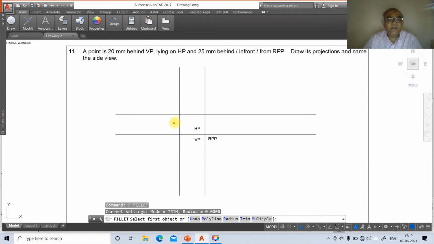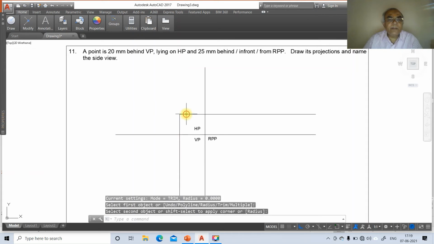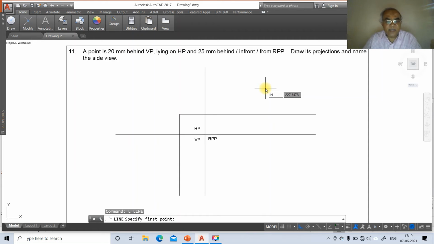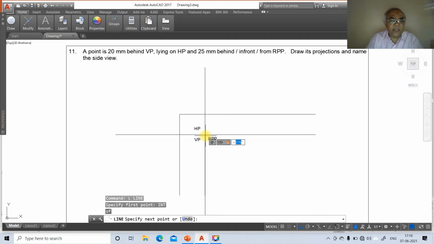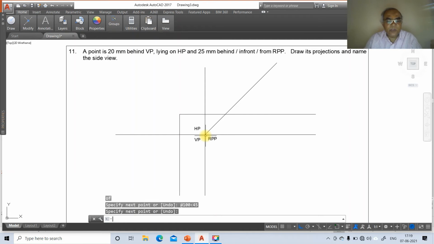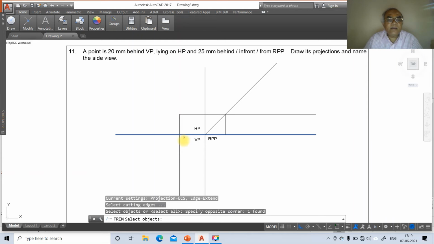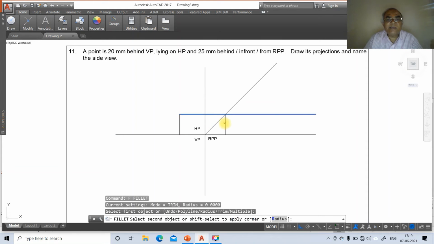Then go to fillet between these two, then go to line, take the intersection of this, then at the rate 100 less than 45. Then go to line, take the intersection point of this and take perpendicular to this, then you get this point. Then go to trim, select this line as the cutting edge, and the object to trim is this. Then go to fillet between this line and this line.